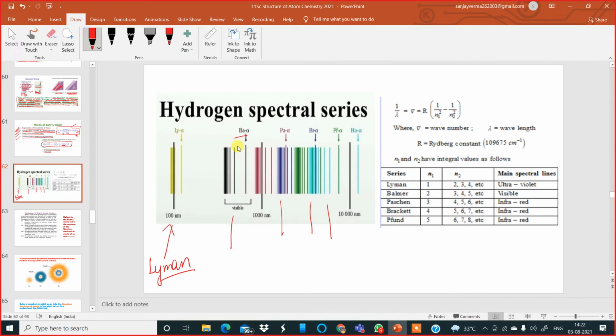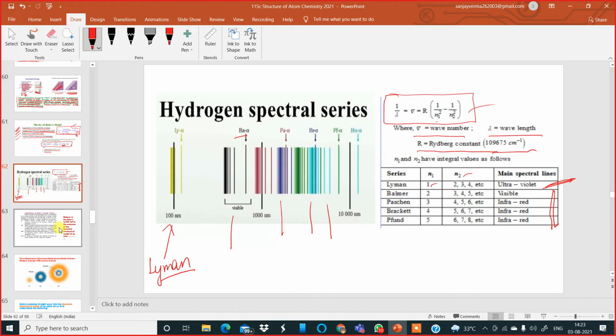Now, if you look at the Balmer formula, which you have already seen, some numericals have been done in the morning class today. 1 by lambda is equal to wave number is equal to R into 1 by n1 square minus 1 by n2 square, where lambda is the wavelength, and Rydberg constant is 109677 or 75 or 76. Everything is taken into consideration. Now this will give us a better idea. For the Lyman series, n1 is 1, n2 is 2, 3, 4, etc. It falls under the ultraviolet region, which I have explained in the morning class only.